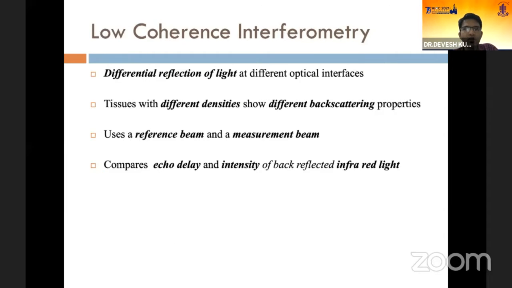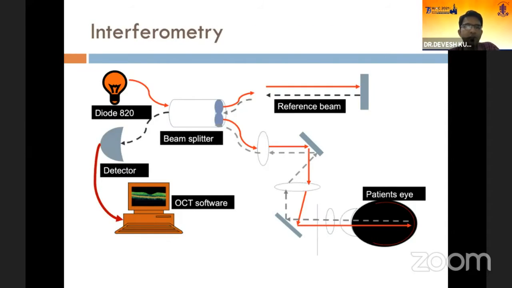So what is low coherence interferometry? Basically, there is a diode light source which is in the infrared range, and there is a beam splitter which splits the light into a reference beam as well as a measurement beam. The reference beam hits the reference mirror and is reflected back. The measurement beam goes into the ocular tissues and is differentially reflected from the ocular tissues based on their density. Both these reflected beams are then detected by the detector and then analyzed by the OCT